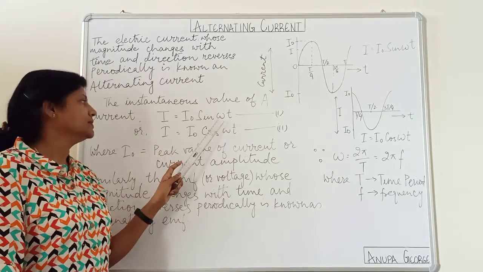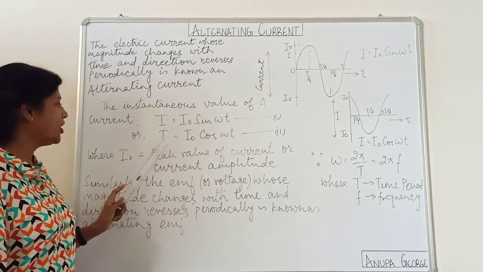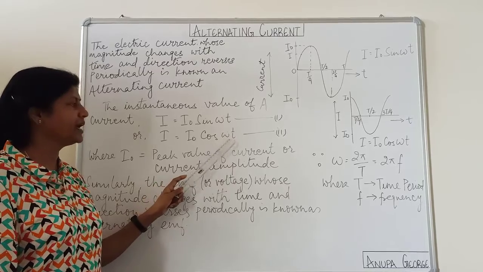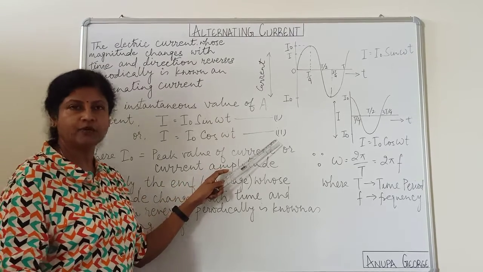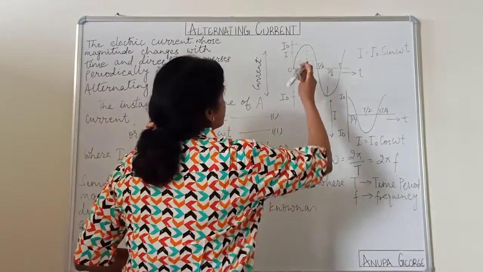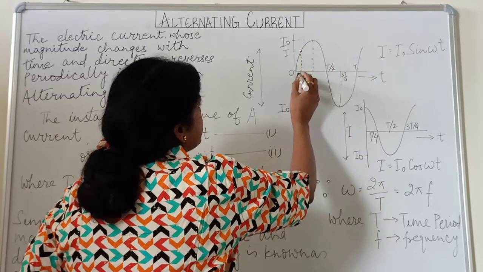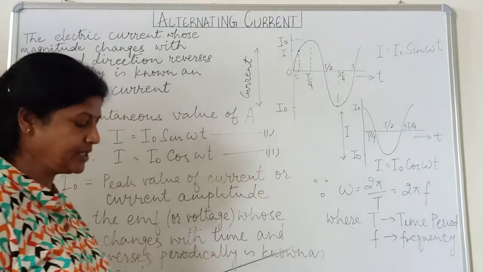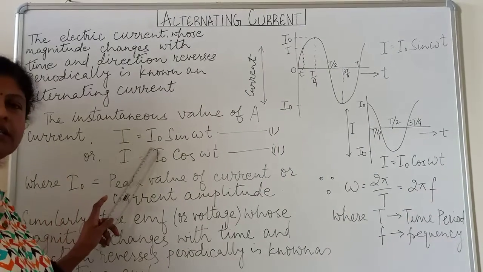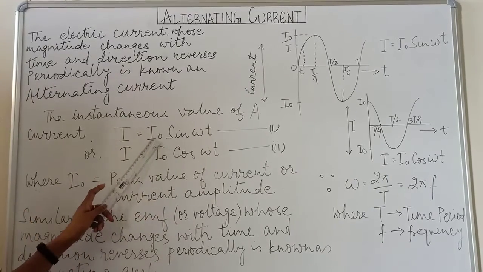Let this be equation number 1, or I is equal to I naught cos omega t. Let it be equation number 2. Suppose I is instantaneous current at time t, so we can write I is equal to I naught sine omega t, where I naught is